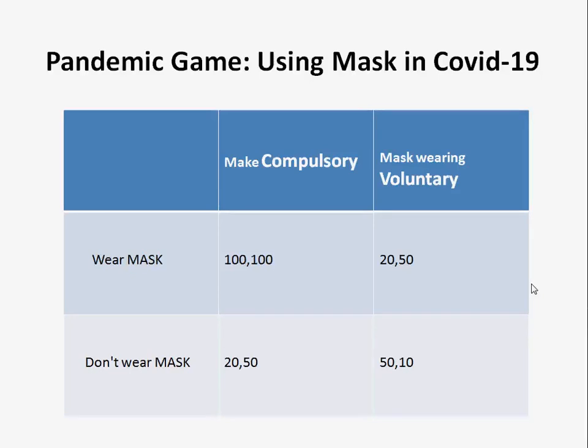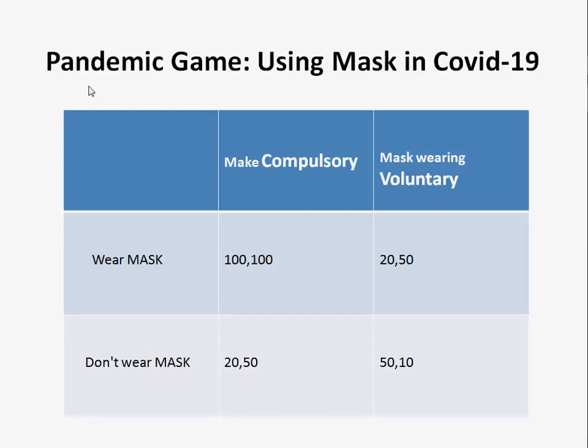What I'm going to do instead is introduce the game itself, and I'll give a rough intuition of how to solve it. Then we'll go to the formal definition of what a game is, what the components of a game are, and its types. So this is a game which I've made, given a current scenario. This game is particularly relevant for the condition right now in the United States of America, where the COVID-19 pandemic is at its peak.